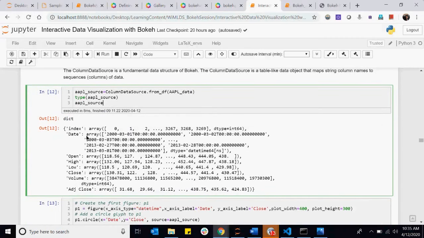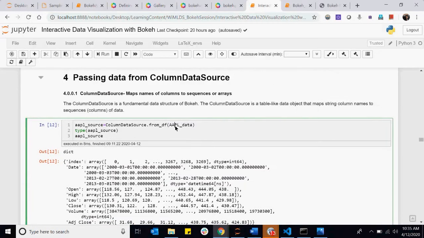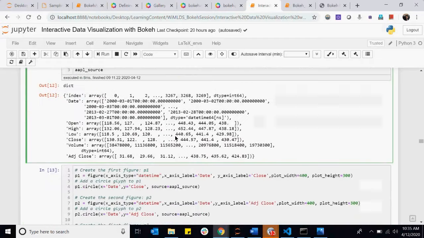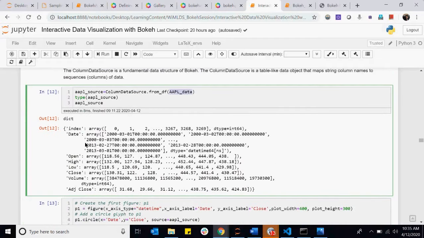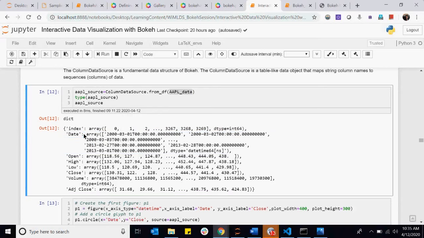And how exactly does it look? It is in this format where every column we have in the AAPL data, which is the data frame, gets converted into an array. These are the columns which we have, and these are the values. These are the continuous values which it forms into the form of an array. So this is the structure, and if I want to view the data,